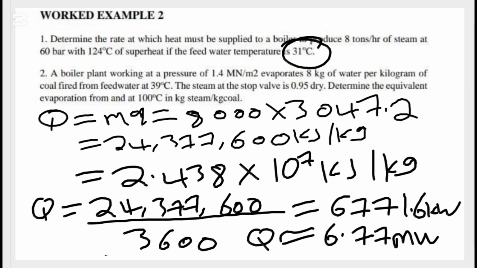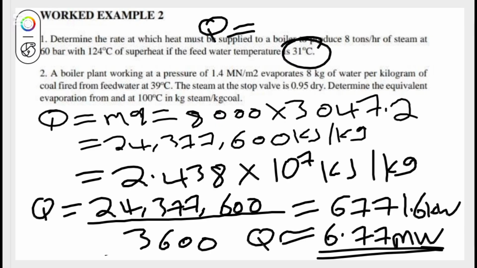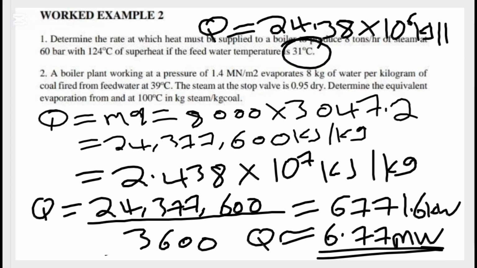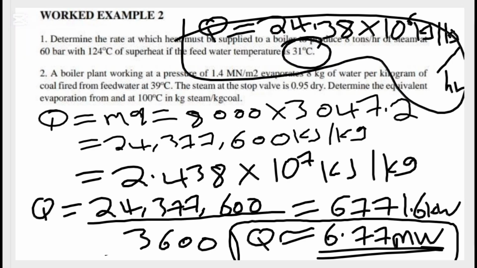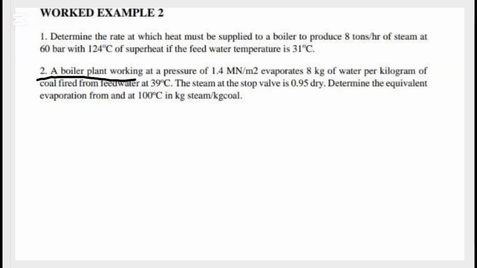So therefore at the end, the final solution of my Q is 6.77 megawatt, or I can say Q is equal to 24.38 times 10 to the power of 6 kilojoule per hour. But I recommend you put your answer like this. So this is the solution to the first problem. The second question says a boiler plant working at